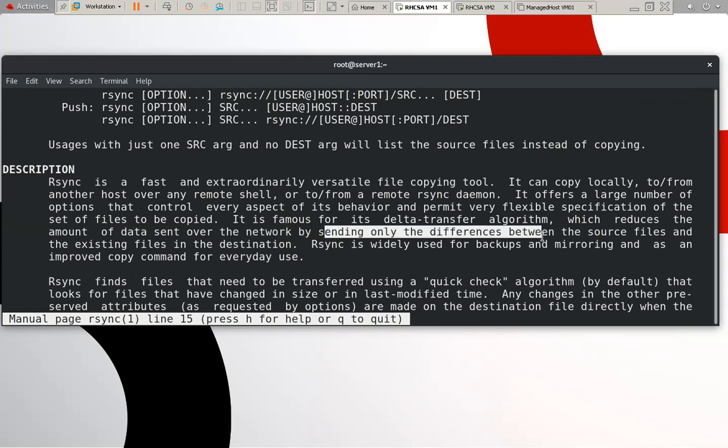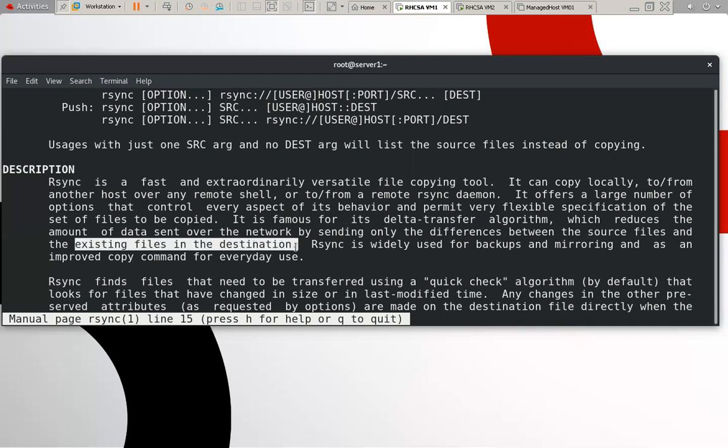But scp transfers the whole data. If we transfer data another time, scp will transfer all the data, not the differences, but rsync will send the differences only from the source file to the existing file in the destination.